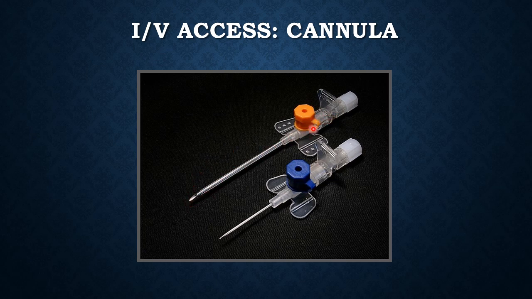This metal stylet or metal needle with this part of the chamber is removed once the cannula has been introduced into the vein. So with the movements of the patient, this Teflon can bend, and it is relatively difficult for this to be extruded out of a vein. These are the wings of the cannula. At the time of insertion, you hold these folded up to stabilize the cannula, and after you've inserted the cannula, you can flatten them and use sticking tape to hold the cannula in place.